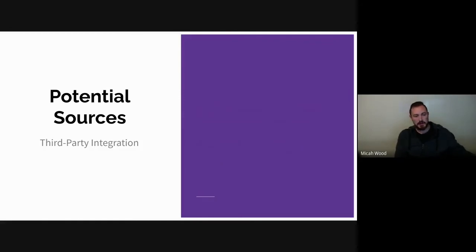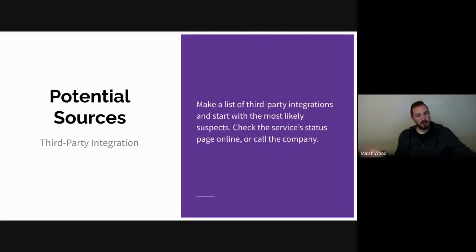And then we have third-party integrations. This is where maybe you're using a plugin that integrates with Twitter. Again, you might be tempted to blame the plugin itself, but it's very possible that Twitter itself is down temporarily, and therefore the plugin doesn't work because it's trying to communicate with Twitter. Could be any number of that type of thing. So if you see something related to some third-party thing, don't immediately blame the plugin, but also just do a quick check.